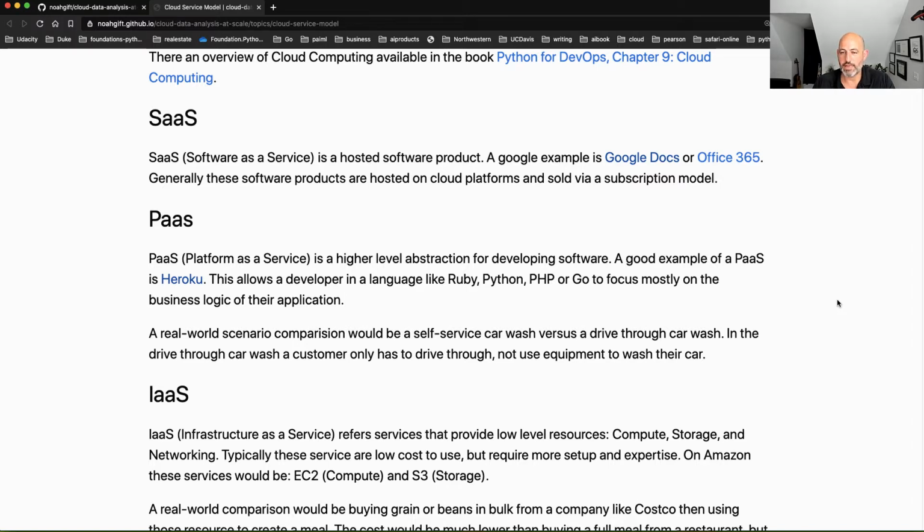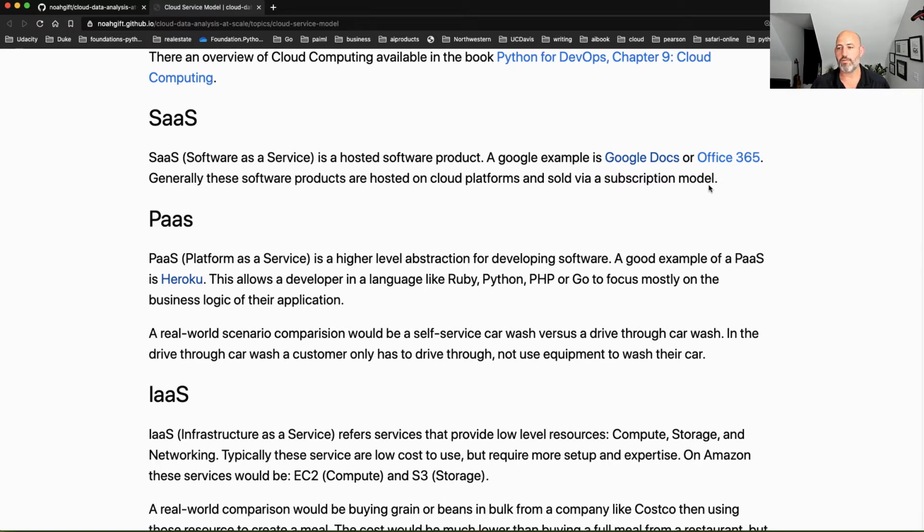Software as a service is a hosted software product. Really good examples are Google Docs, maybe Office 365, and you're using the service. In fact, what we were just talking about, Circle CI, that's software as a service. GitHub Actions, that's software as a service. It's something that somebody built, you pay for it, you use it, and it solves a problem.